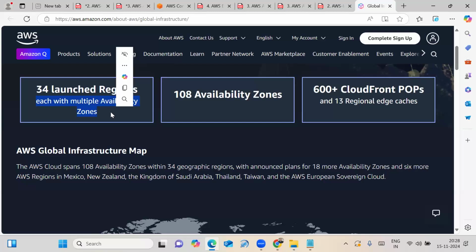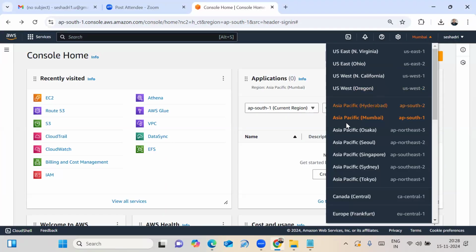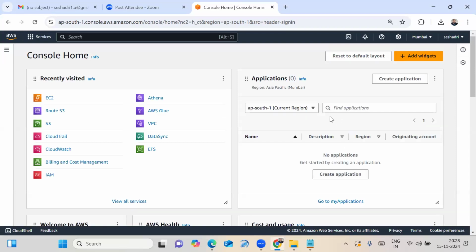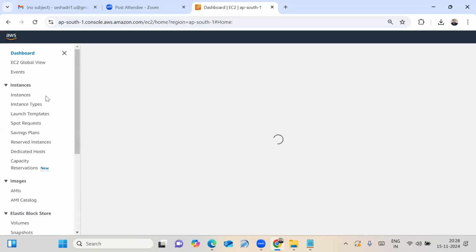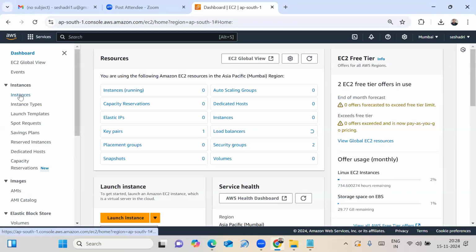I am selecting the Mumbai region. Just wait, I can explain in detail, no problem. Right now we don't know what an instance is. We just have to observe whether multiple availability zones are there or not.